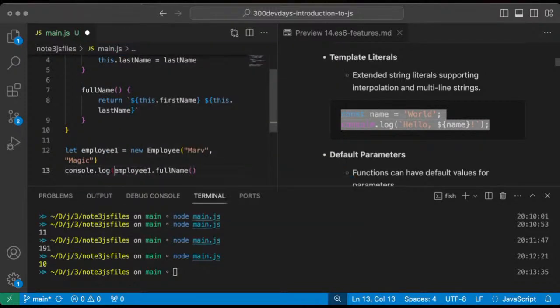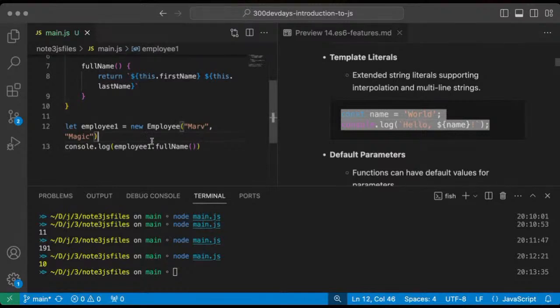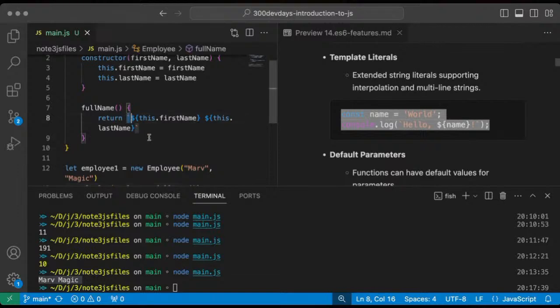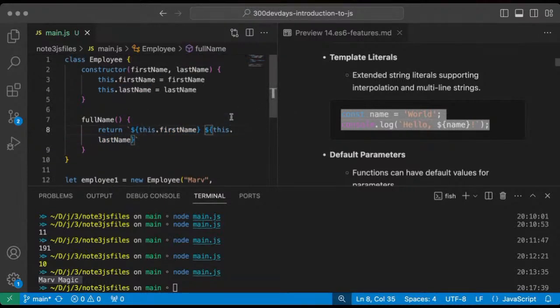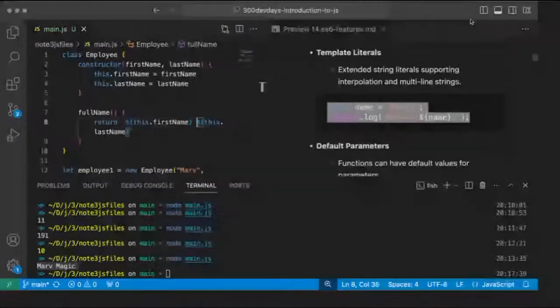If I do console.log employee1.fullName, this will give me the full name, Mav Magic. We're able to do this with a template literal. Of course, you can use direct string concatenation, but this makes sense because it keeps the code clean.